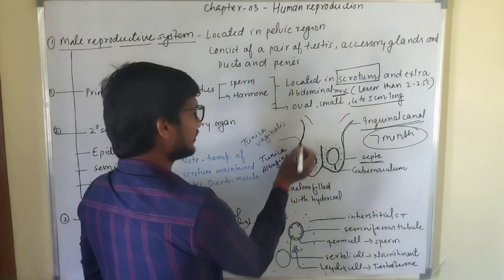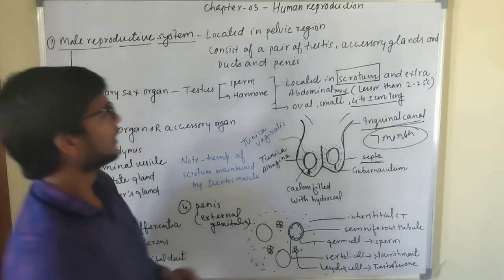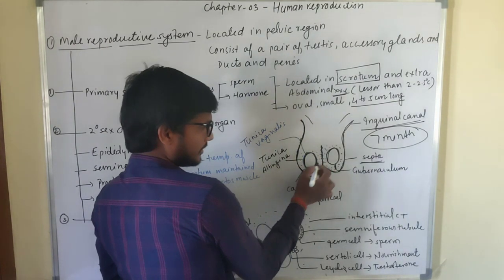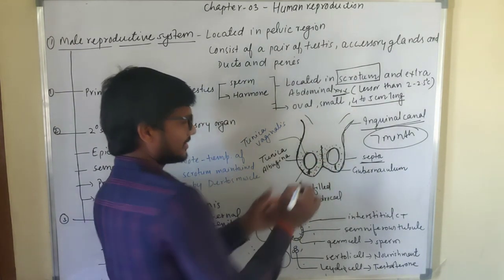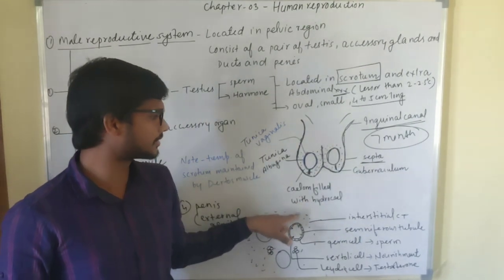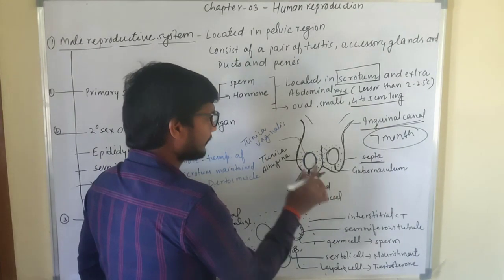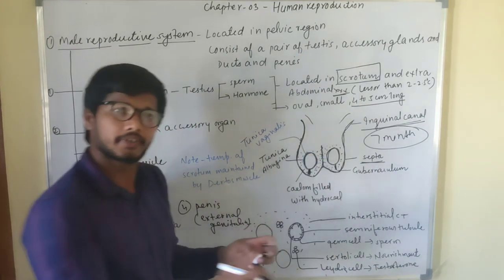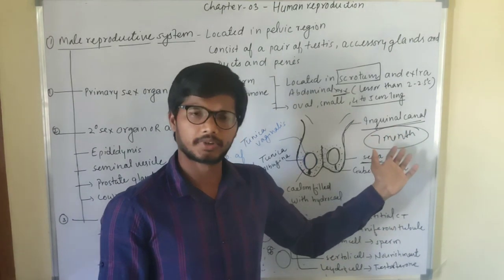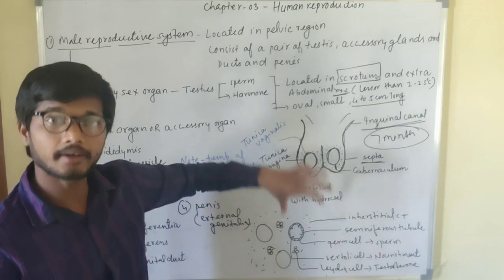The second one is here. This one, as we mentioned, is the outermost layer, and inside this, as we know, there is a cavity. In this cavity, a coelom filled with hydrocele. This cavity is just filled with hydrocele, and a particular structure is shown here. These two testes, as we know, descend after the 7th month of the embryonic development, and so these testes are fixed at their position.